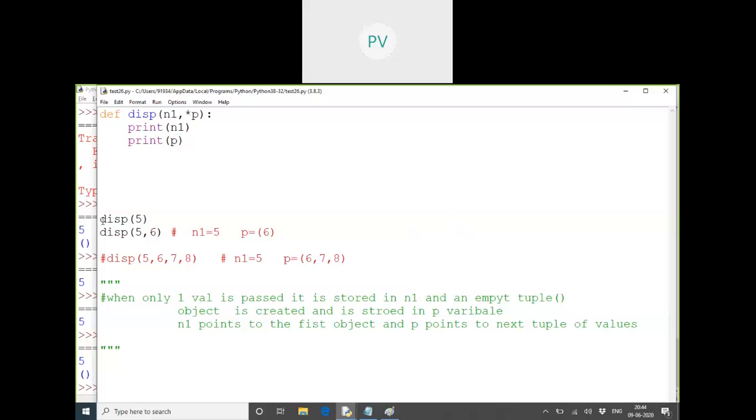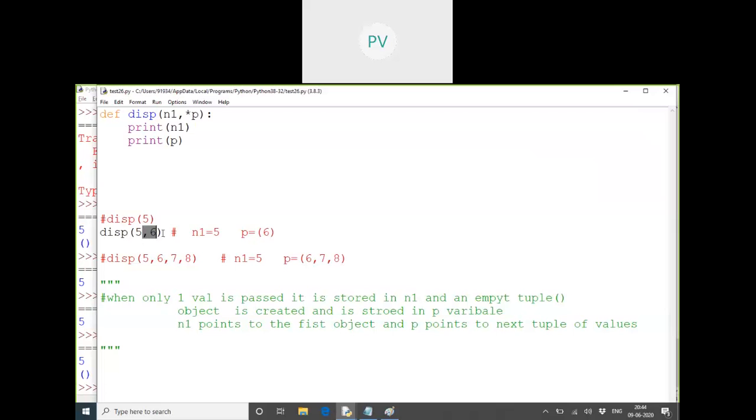Now I'll comment the first one, and then we are calling the function with 2 values. What is the output of print N1? The first value will be passed and stored in which variable? N1.